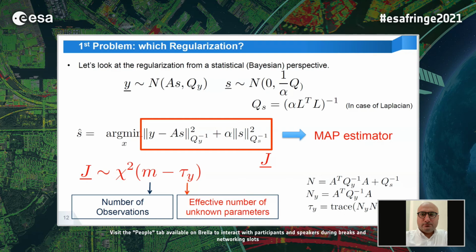However, because of regularization, we put some constraint on it, and this effective number of unknown parameters we can compute. We have an equation of that on the right. I don't want to explain the theoretical aspects much, but tau means how many unknowns we effectively should estimate. It's much less than the real number of slips that we want to estimate. If we go to the next slide now,